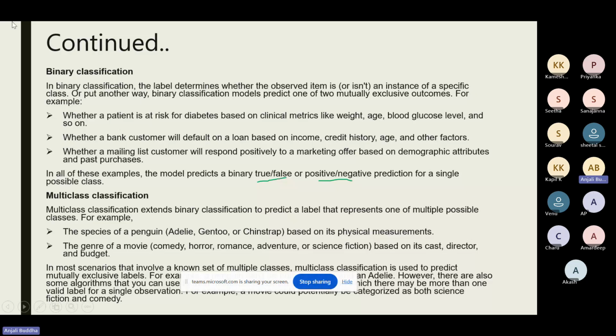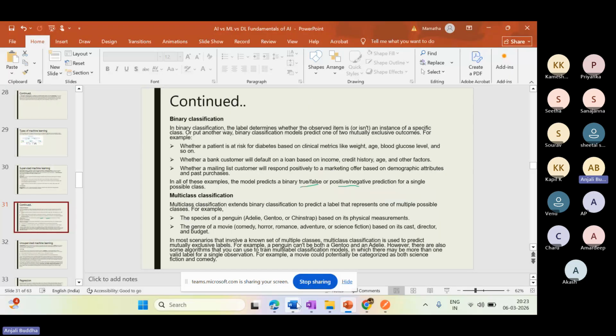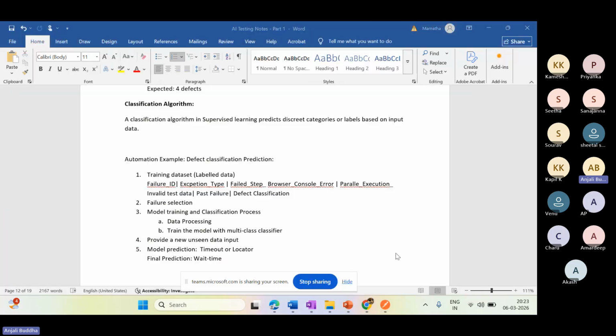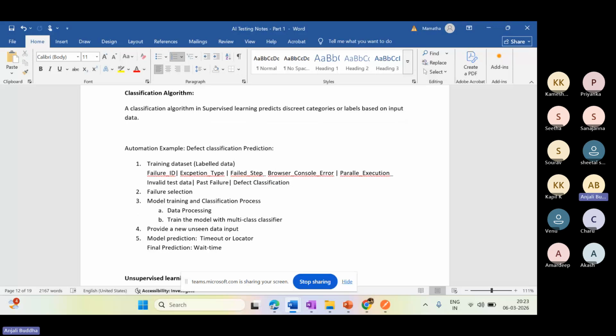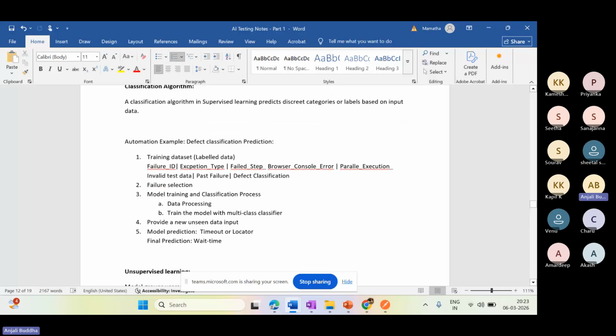For example, take the automation. We discussed that after the automation execution, the outcome is true or false, meaning defect or not. That is one possibility. Another possibility is to predict the automation execution outcome in more detail.